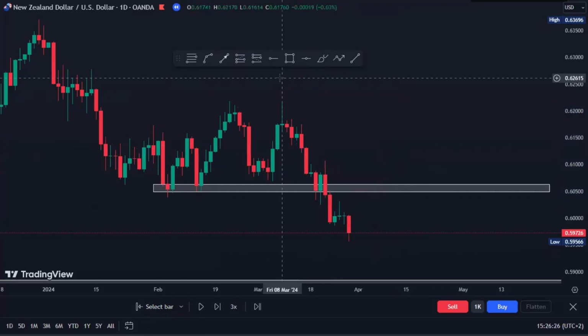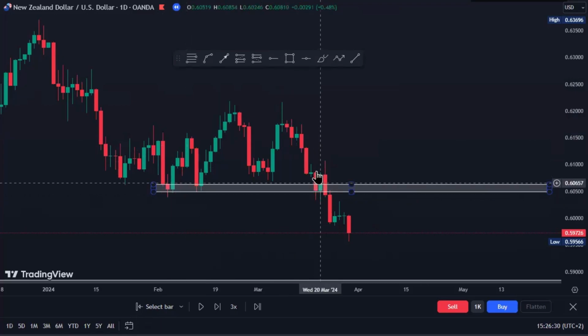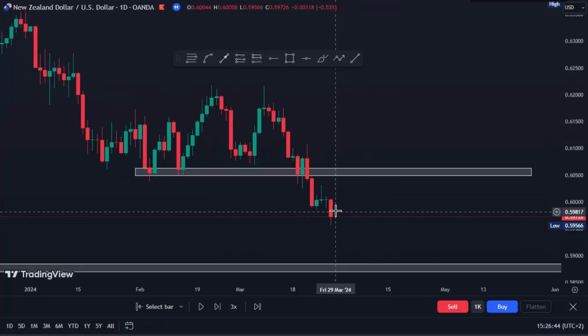Because you were able to identify this as a strong zone or a strong support. When the market breaks a strong support, guys, it broke our rule. I'll put it in a simple form. When the market breaks the support, it broke our rule. So the market must come back to this area